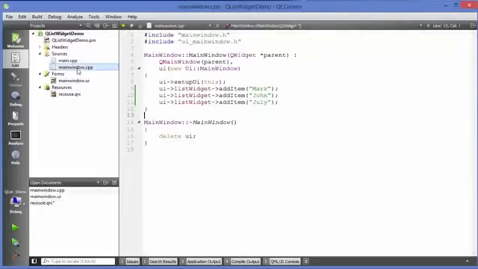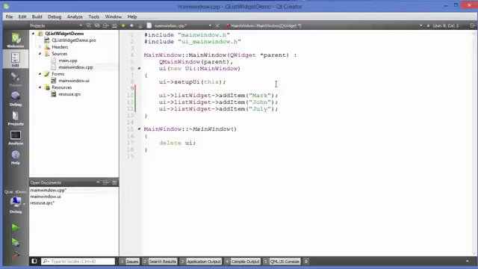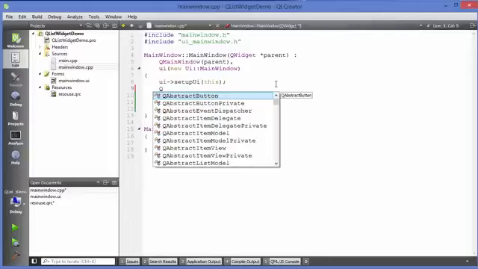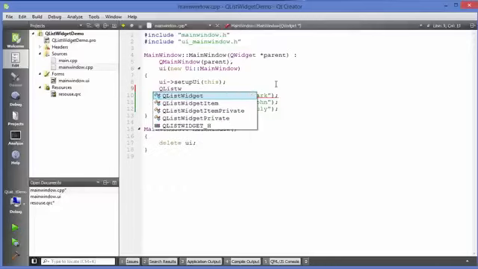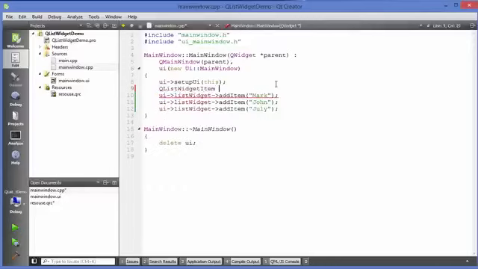Now I will go to main window.cpp file, and this time instead of giving this QIcon as a first argument, in the list widget this is a little bit different. So what I am going to do here is I'm going to declare a QListWidgetItem object. So just write QListWidgetItem, and let's say it's item,